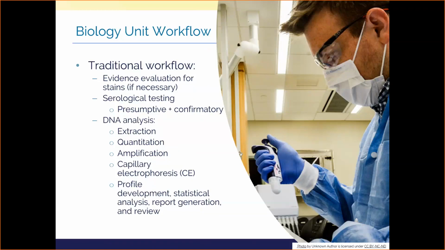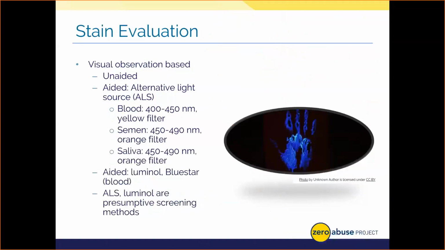Once we figure out the source of the stain and we arrive at the idea that it's a human stain relevant to your case, we have to go through an exhaustive process where we pull the DNA from the cells, see how much of it we're working with, create multiple copies of it to create a rich profile that we then have to review, clean up on a computer, and statistically analyze to determine the probability of that person's DNA profile being contributed then by another random and unrelated person.